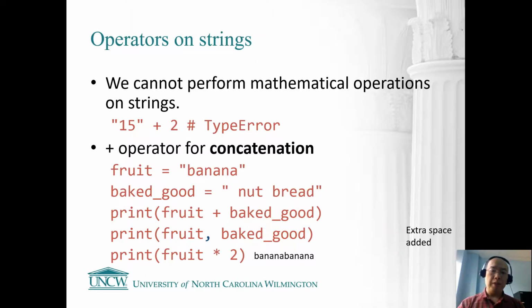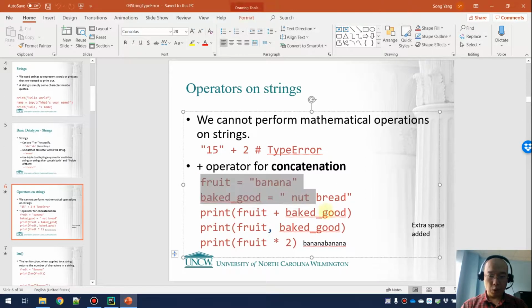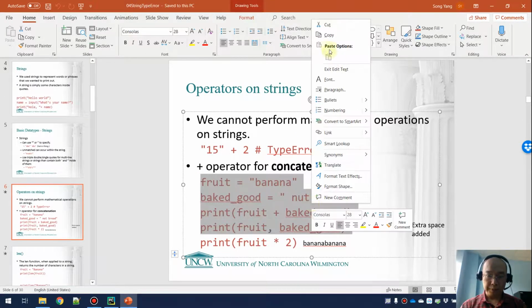Okay, so plus and multiplication, those are two arithmetic operators, and they work on strings, but with different meanings. For the plus, that is string concatenation, and for the multiplication, that is string repetition. Okay, so let me stop here for now, and let's just grab this code and run that in